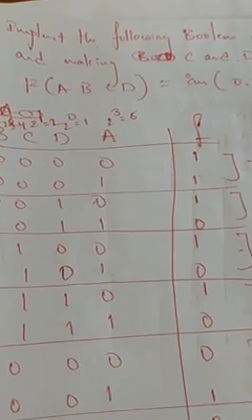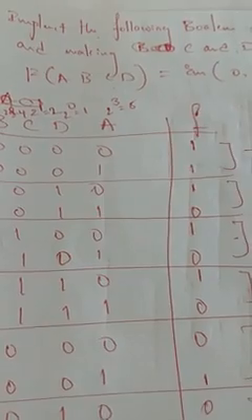For the problems which we have solved, they were giving the Boolean expression in 16:1, and then they asked us to convert to 8:1. So 4 variables to 3 variables. Or the given expression was in 8:1 and they asked to convert to 4:1, so 3 variables to 2 variables. But here they are asking to convert a 16:1 multiplexer to 4:1, 4 variables to 2 variables. Okay, you need to reduce 2 variables now.